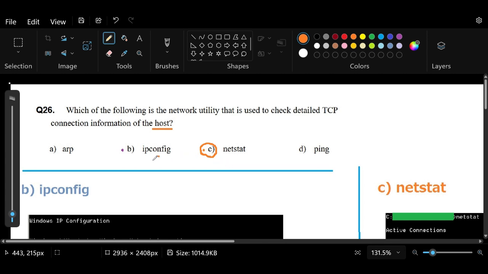If we look at the other choices, ARP, I thought was not something that I'm familiar with or something that I would often use when I'm dealing with networking. So I didn't think too much about this one. The other choices, ipconfig, I thought could be the likely answer, but maybe because the question had something